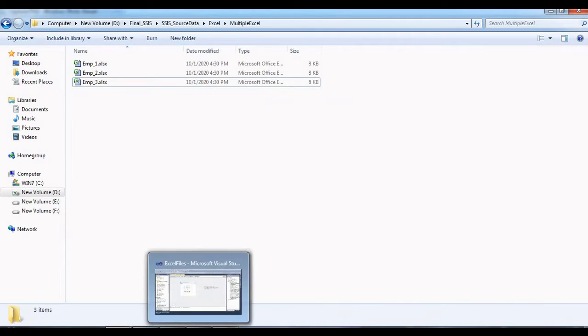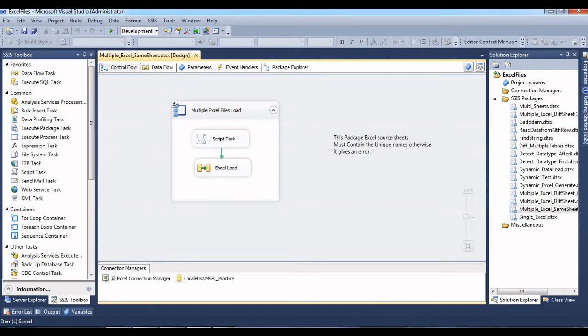So for that I'm going to Visual Studio. For time being, I have already designed the package, so I'll explain each and every step of what I've done here to execute all these things. First of all, I have created a few variables because I need to understand where the files are located. And also we need to create another variable to iterate loops. Because in my case I have more than one Excel file, so I need to loop all Excel files. So for that I have created a few variables.